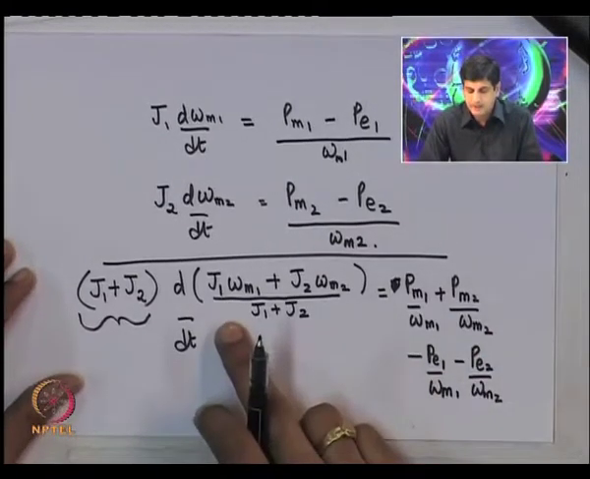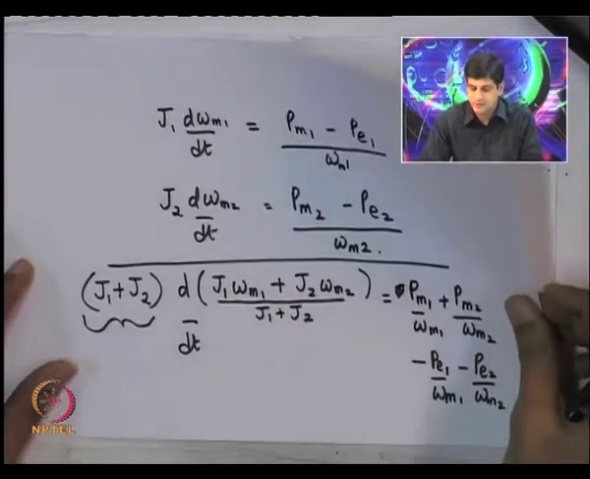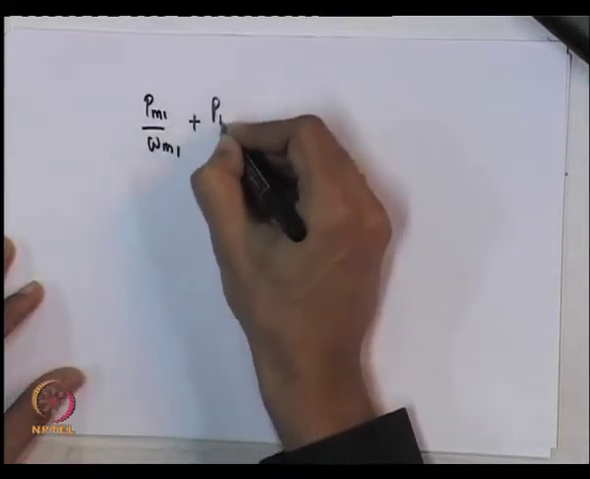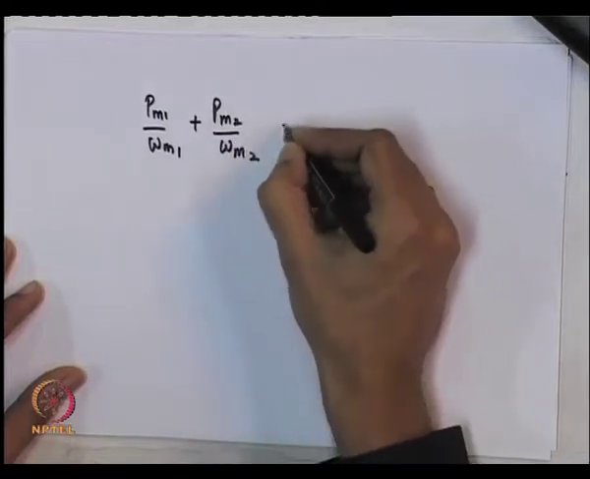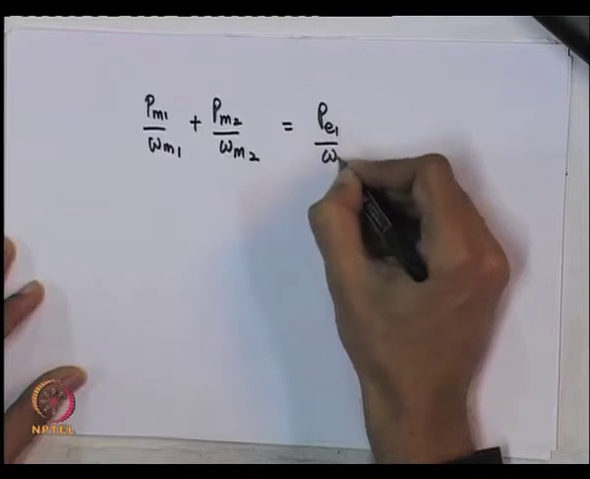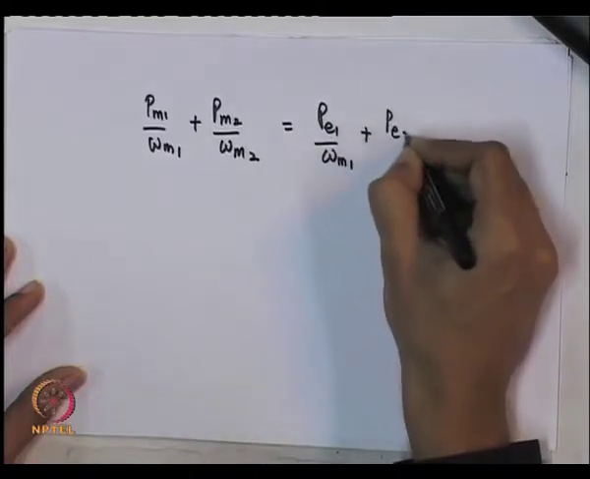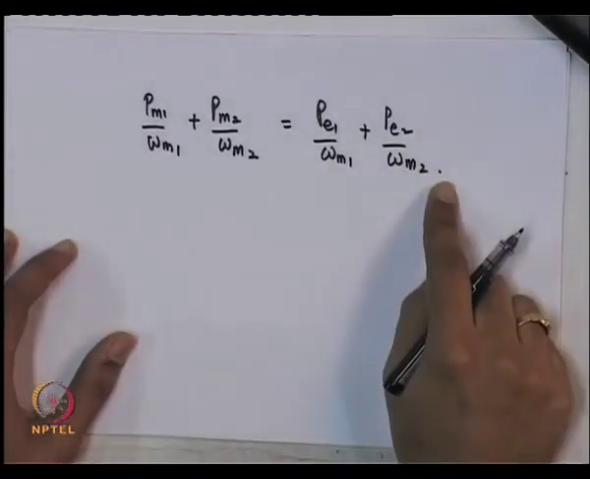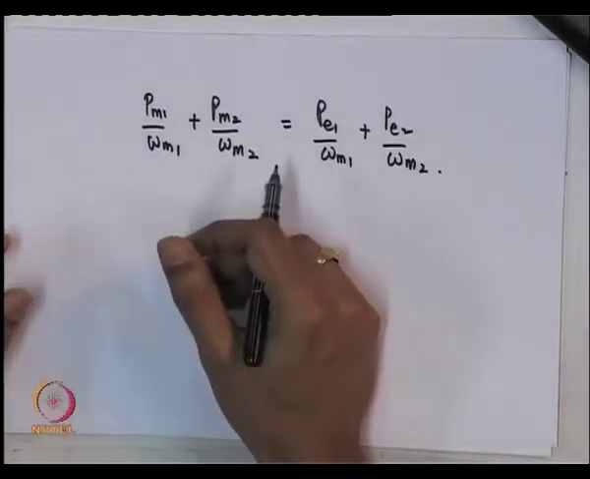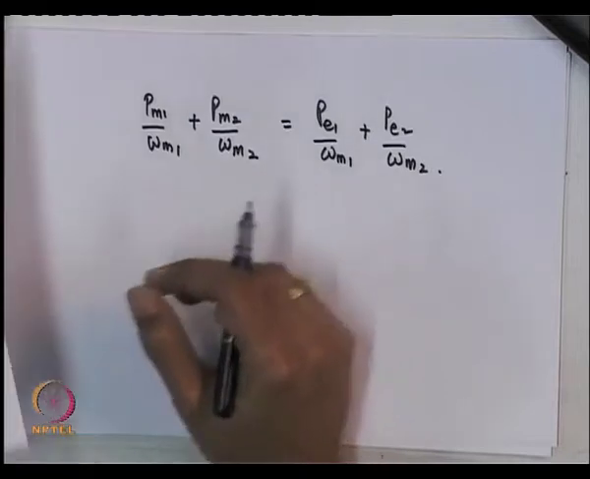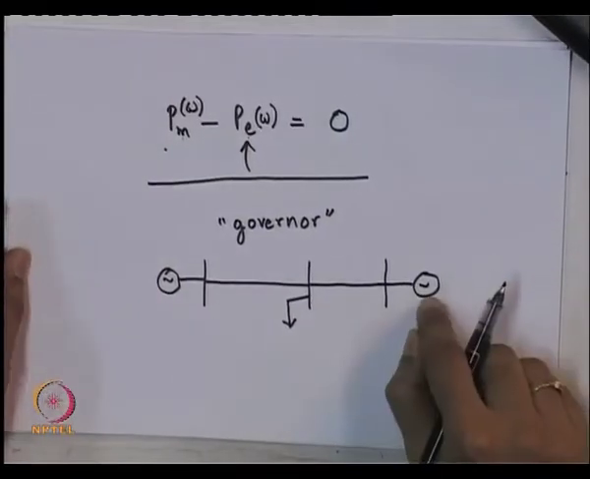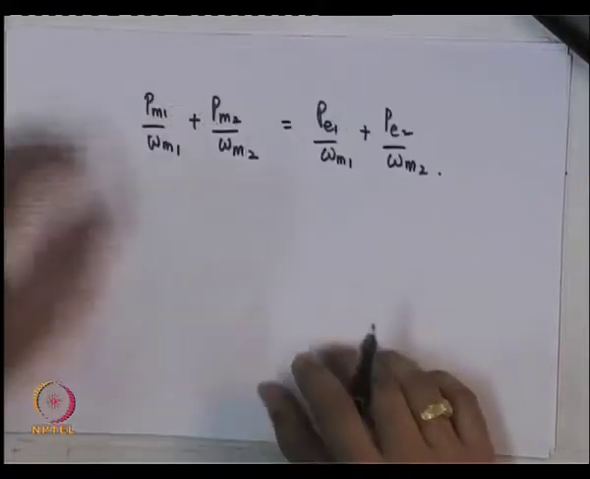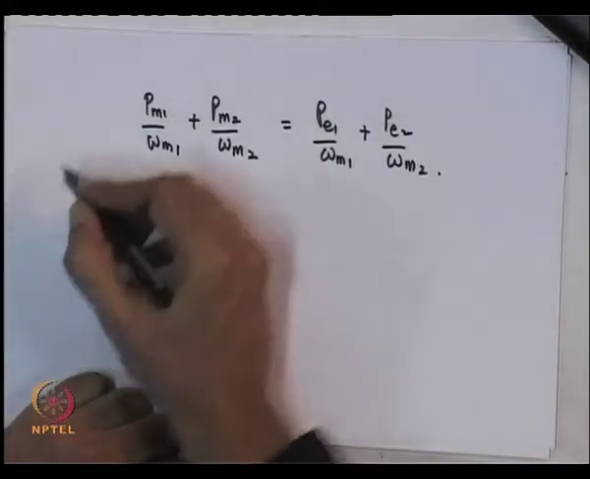So, if I want this particular system to be in equilibrium, I should have... so what you have here is this. Now, if I am talking of a system which is basically two synchronous machines connected by AC lines and a load here, we must have in steady state